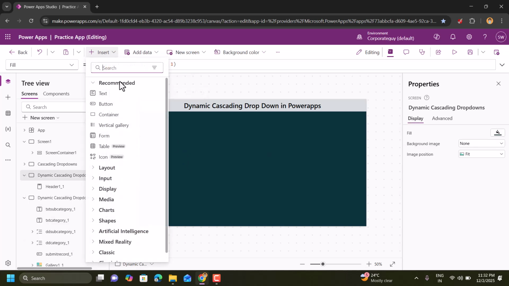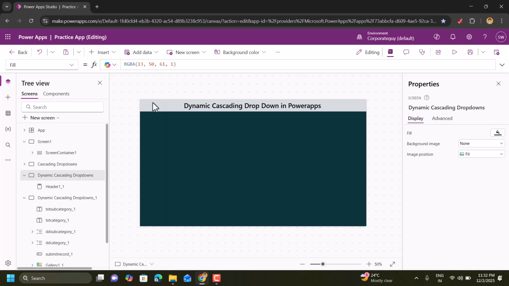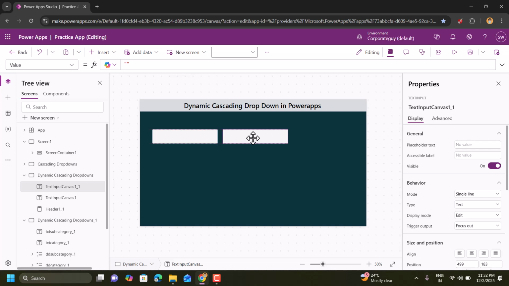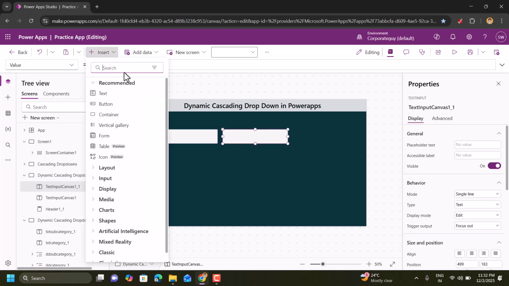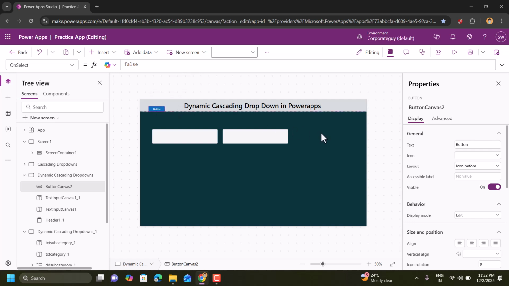I'll start by adding first of all two input text fields here, which will be used as the input fields to collect data to save in the database. So this is one, and then I'll just simply copy paste it. That will be my second field, and then I'll add a button here, right? So this is the button to submit the records. So this is my button. Let me just rename it,